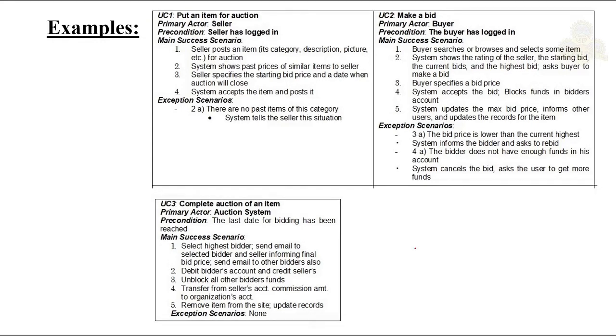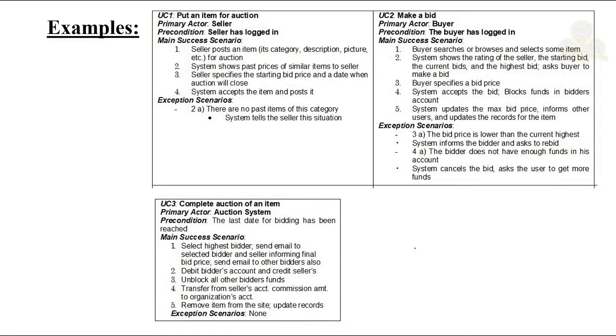So let's consider a small online auction system which has been built for a university, and we call it the university auction system. Through this system the buyers and sellers can buy or sell goods. We will also assume that there is a separate financial subsystem wherein the buyers and the sellers have an account and they can make payment.